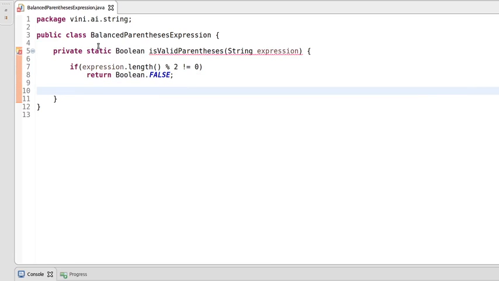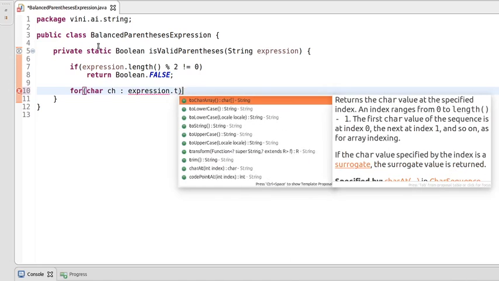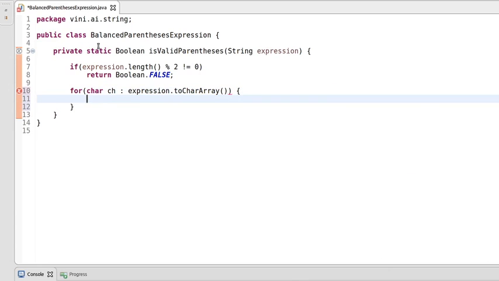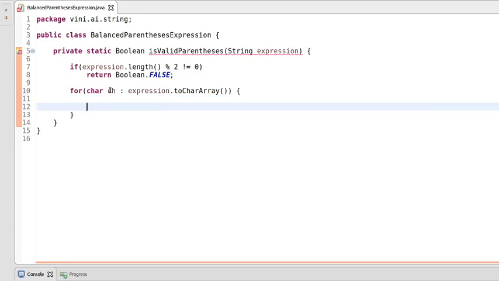And now we'll iterate this expression, converting it into a character array, and we'll check each character in that expression and check whether that character is a valid parenthesis or not.